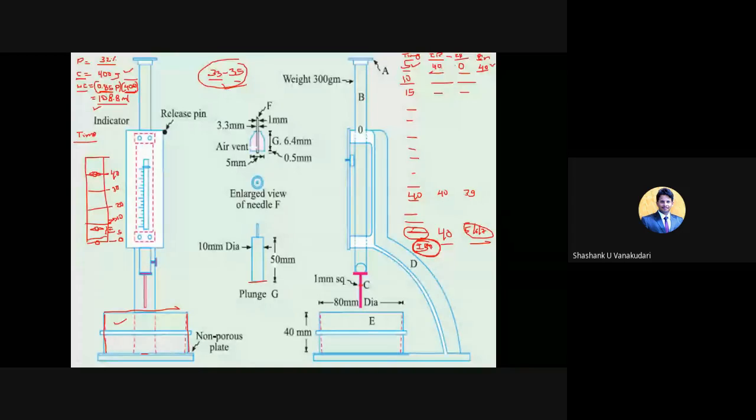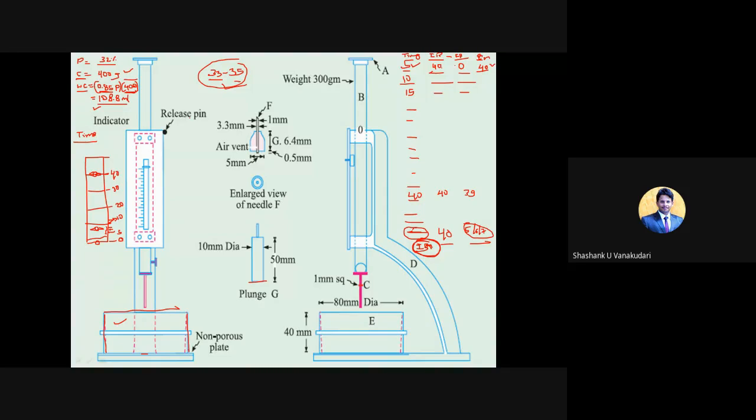Okay, so this is how you are going to conduct the initial setting time test. So why do we require this initial setting time in the practical part? Once you find out the initial setting time, within that particular duration you can complete all the works which come under this concrete or cement. For example, first you will take the ingredients to prepare the concrete: cement, sand, coarse aggregate. And once you add the water, it starts liberating heat as well as setting. Clear?